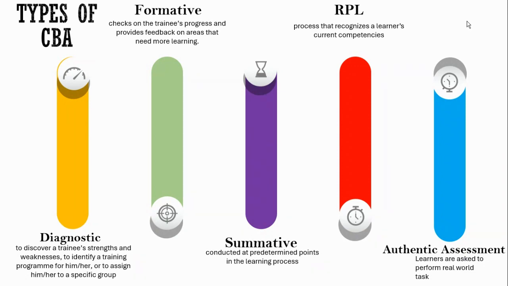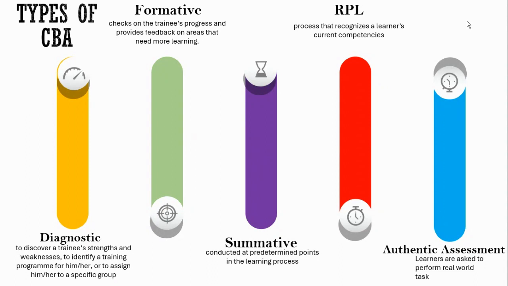That's what the industry is saying: this is what you need to train on. Therefore, it becomes authentic to conduct assessment so that they're able to understand how those tasks are being performed. So you're able to measure competency at that level. So these are different types